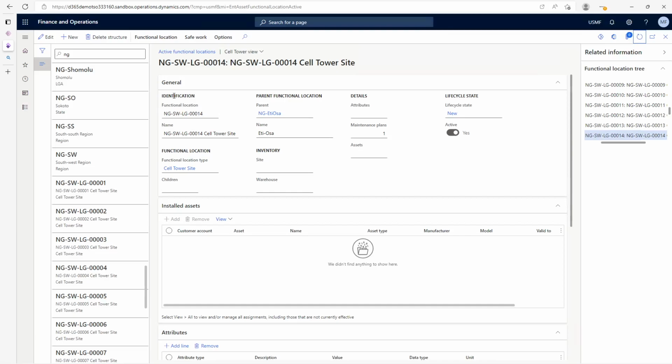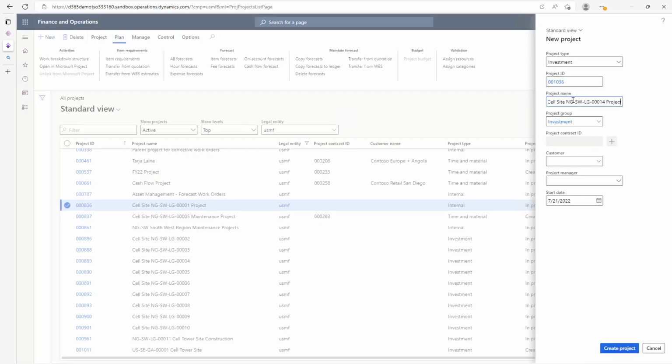Now, I don't want to use this project. I want to create a new project that is going to be an investment project, and we're not going to have a customer. We could add a project manager if we want, but I'm just going to go out and create this project. So what I'm going to do is create